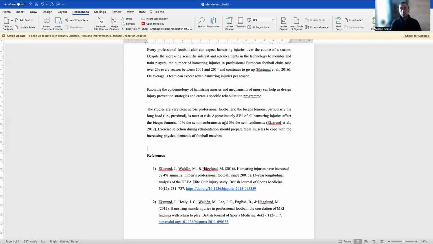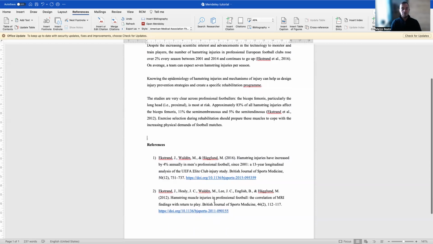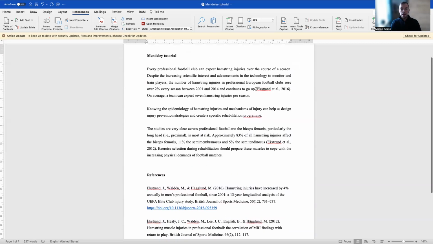You understand it's complicated, you can make mistakes, and you can also have the wrong style in the bibliography, because, for example, every journal requires a different format. So I want to show you what happens if we use Mendeley. So I will remove, for example, the number from here, and I will add the reference using Mendeley in